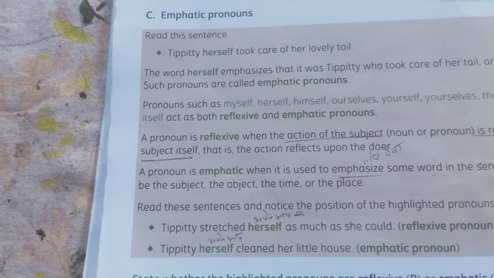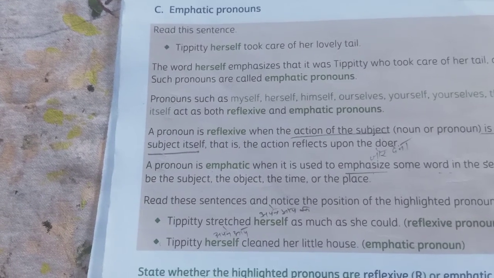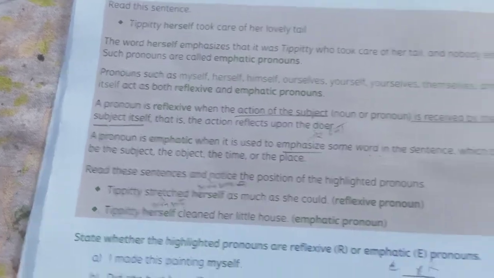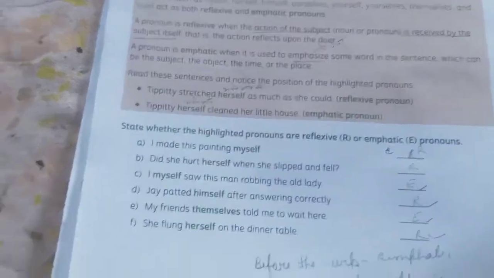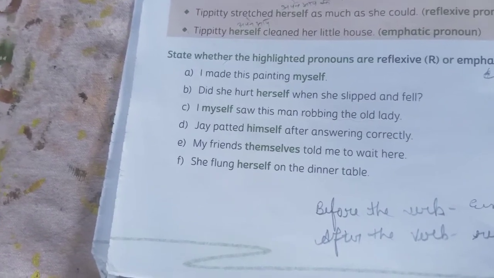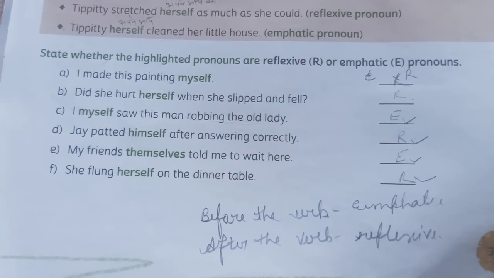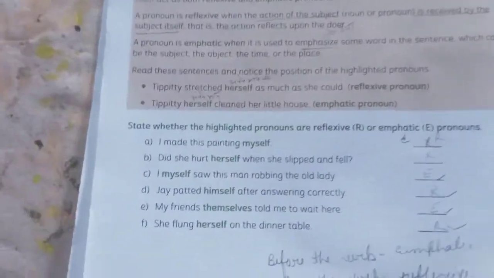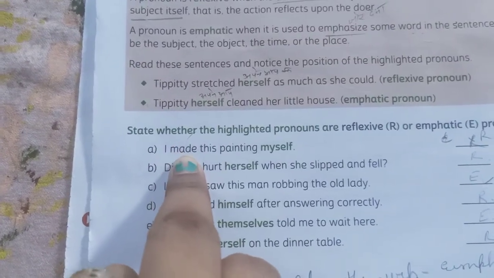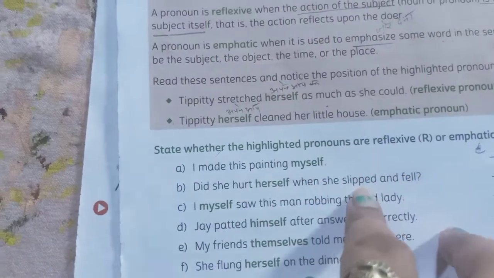The next is the reflexive pronoun. If we talk about the reflexive, it also comes under the same type of word, but it has quite a difference. What's the basic difference? I will tell you so you can remember. If the word comes before the verb, most of the time, then it is known as emphatic, and if it comes after the verb, that is known as reflexive. Verb means any verb. Now just see sentence number 1.